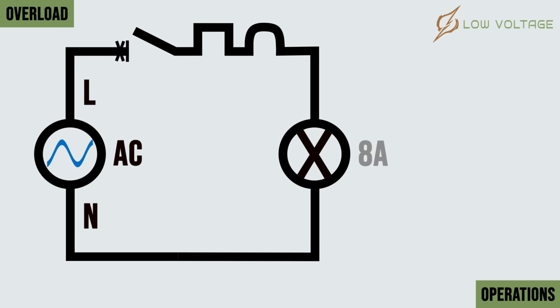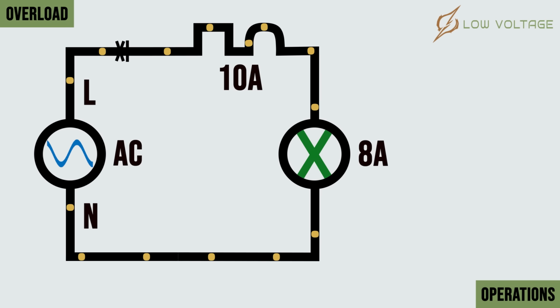This load draws 8 amps of electrical current. In order to protect the circuit and the load, it is connected through an MCB rated at 10 amps. The MCB is closed to connect the circuit. Electrical current of capacity 8 amps forms from charges in the conducting lines moving in an alternating manner. The MCB is rated at 10 amps and is conducting at 8 amps, so it will not trip and open